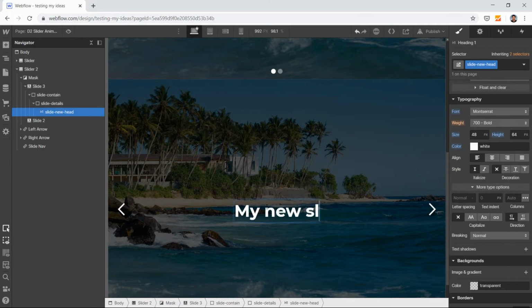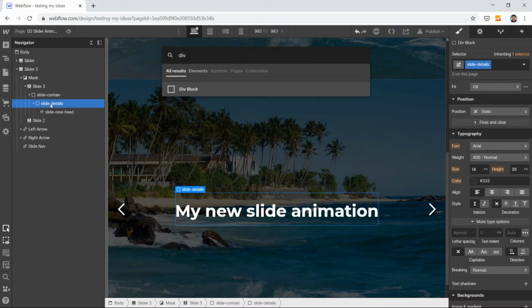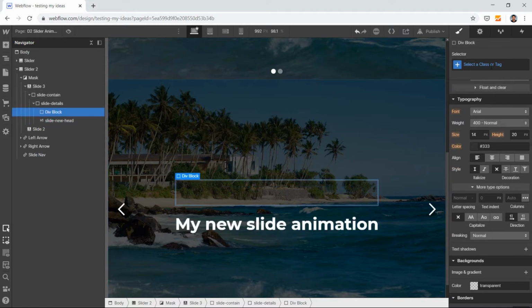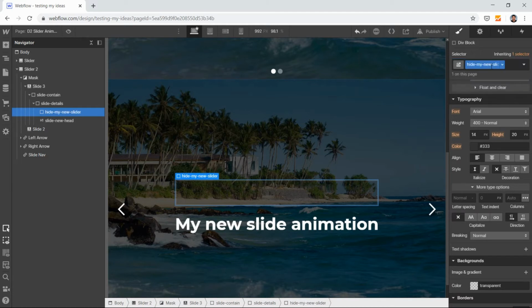my new slide animation, just give it a name whatever you like, and click here in slide details. Again do Control E to create a new division and give it a name. Let's say hide my new slider head.